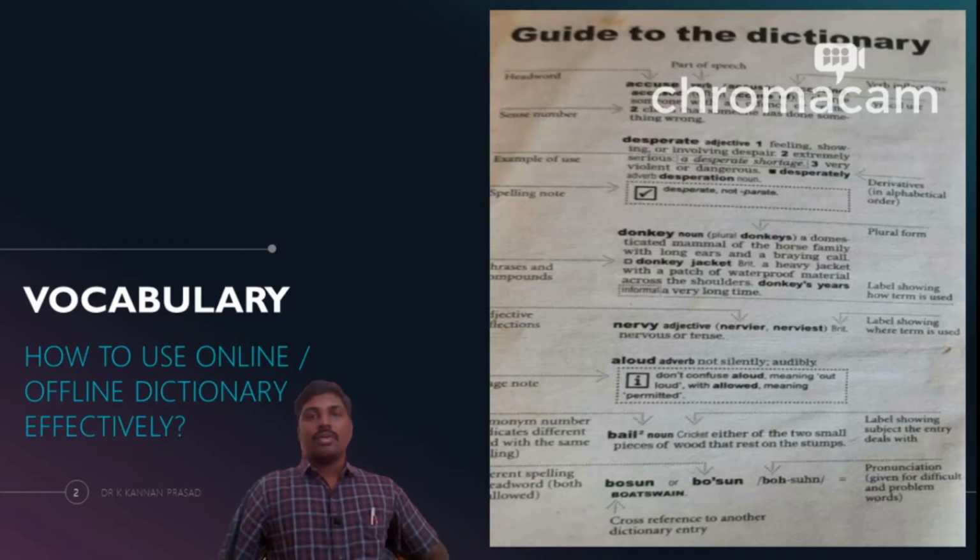Now, this is one of the very few pages many of us would easily cross without noticing it much. But then, for a basic learner like you, for anybody like you, it is very important that we pay attention to pages like this as well. Now, this page, which is titled Guide to the Dictionary, is one of the most important pages in a dictionary apart from the pages where the dictionary gives you the meaning. This is important because it gives you how to approach the dictionary.